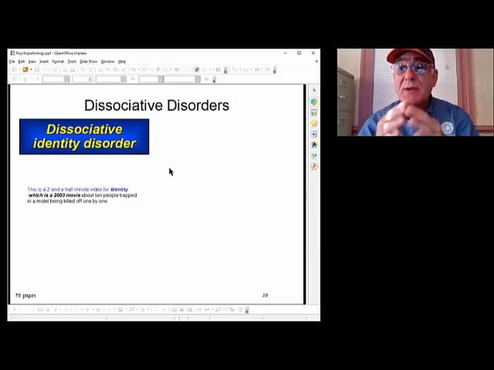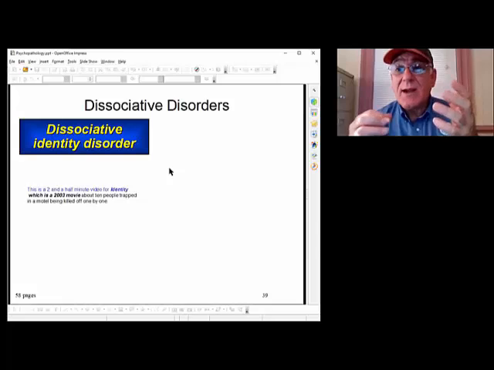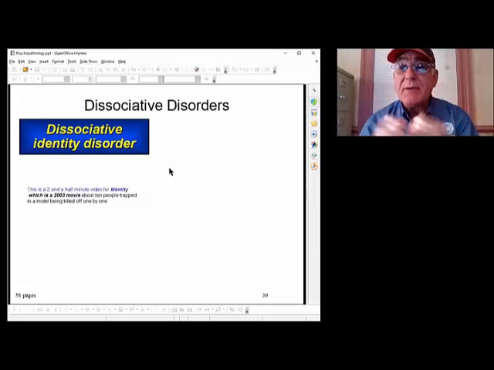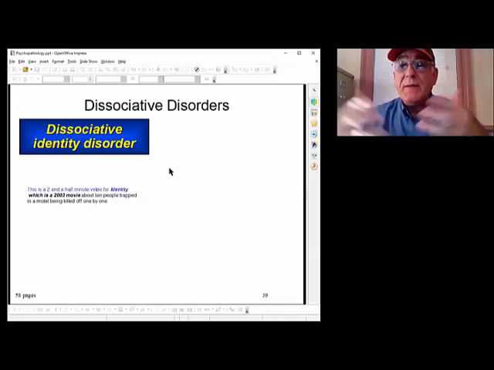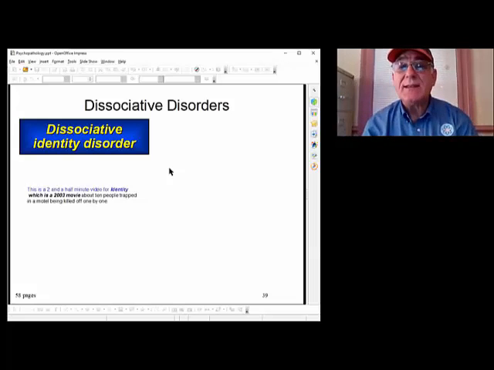Now, we already know that we can take a split brain patient, somebody whose corpus callosum is split. They have two different brains that are not talking to each other, and one of the brains is negative, one of the brains is positive, one of the brains does one kind of thing, one of the brains does another kind of thing. So there is sort of a biological reason that it could happen, but these people are taken over by these personalities, and we know that split brain patients don't get taken over by the personality. So there is some question as to whether this really happens or not.